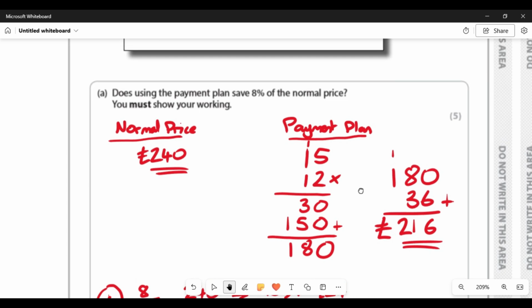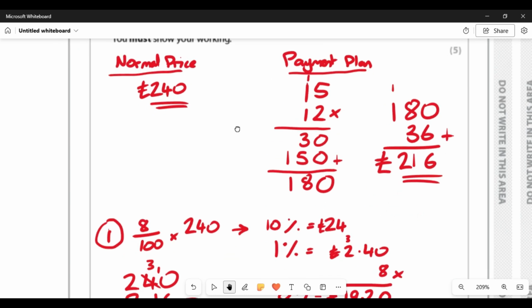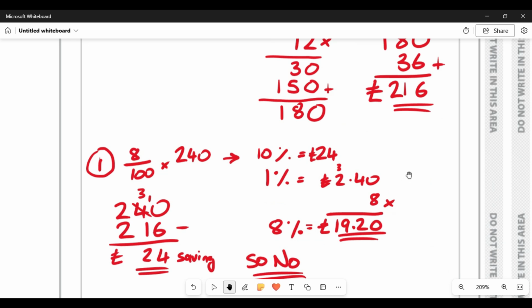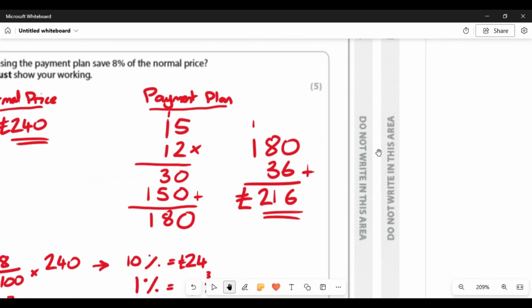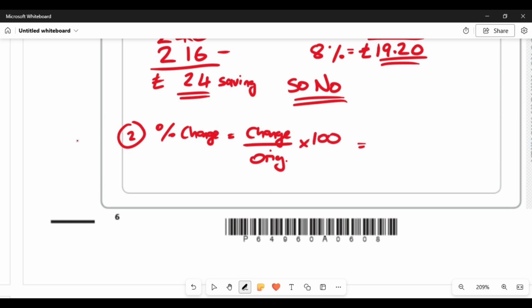That's another way of doing it, because there's your change. It's gone from 240 to 216. And then you'll get your answer as a percentage, and then you can compare it with the 8%. So, in fact, let me do it that way as well. I'll do it at the bottom here. So, this is another way. Hopefully you know that percentage change is change over original times by 100. Well, the change was 240